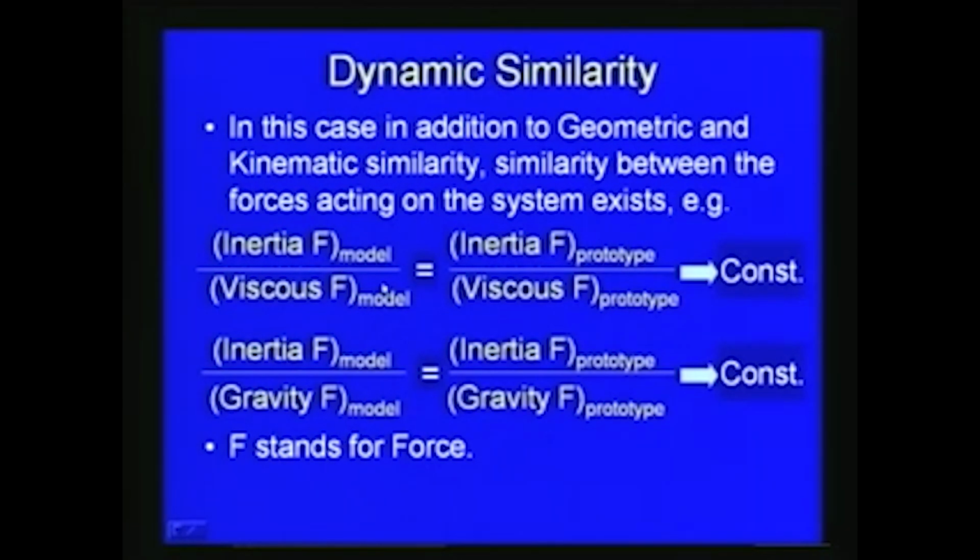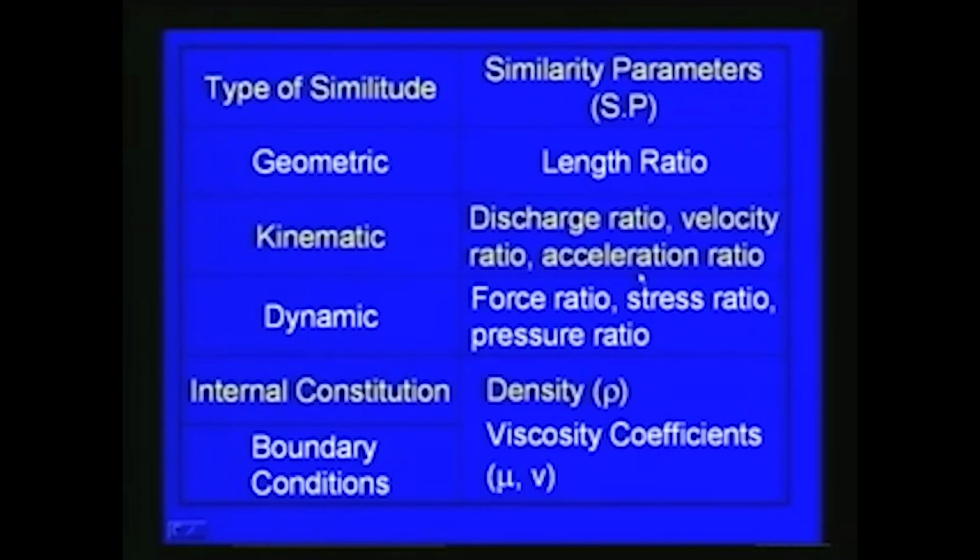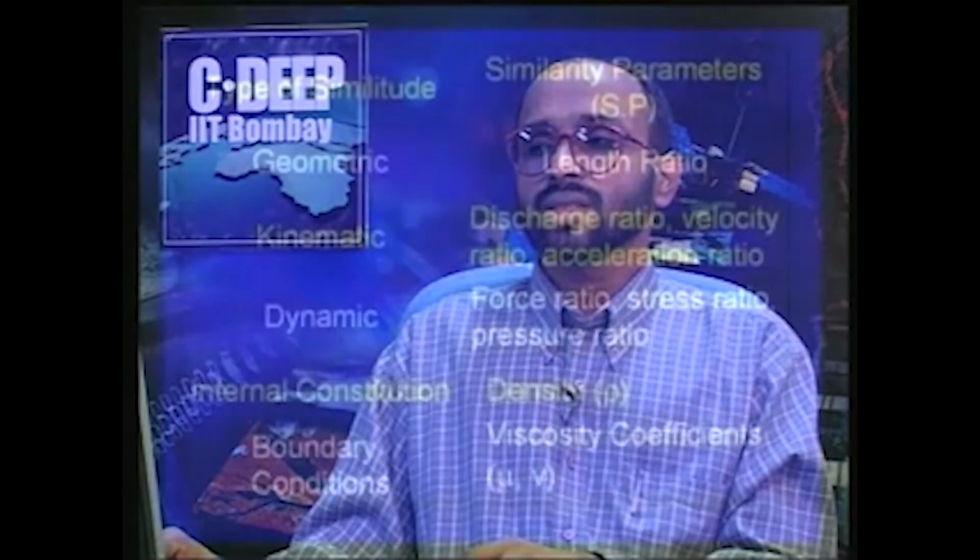Similarly, when we consider the fluid model, the inertia force of the model divided by the gravity force of the model should be equal to the inertia force of the prototype divided by the gravity force of the prototype. So that is constant. Here F stands for force. Finally, when we do the similitude, for geometric similitude the similarity parameters are mainly the length ratios; for kinematic similitude, the similarity parameters are the discharge ratio, velocity ratio, and acceleration ratio; and for dynamic similitude, the parameters are force ratio, stress ratio or